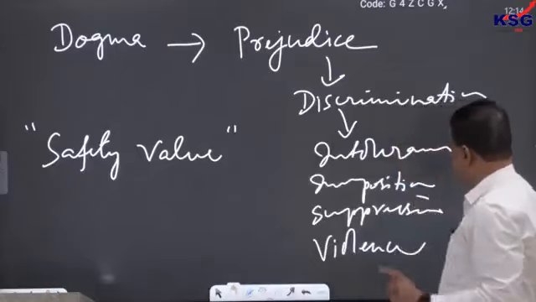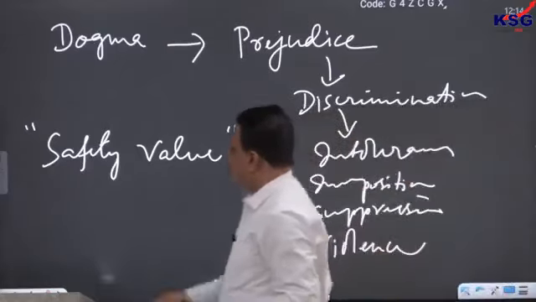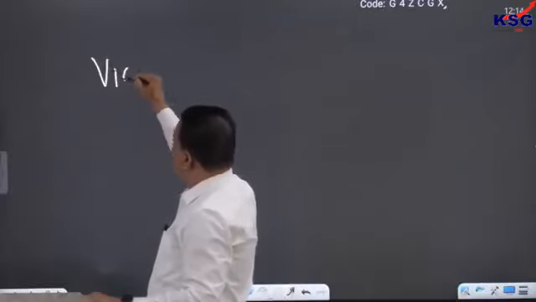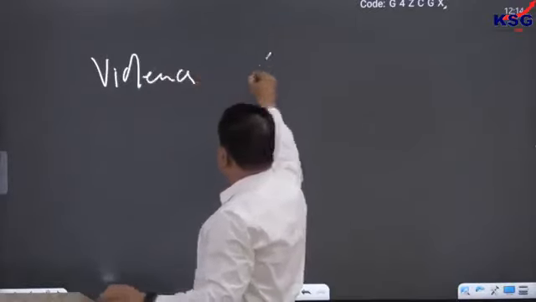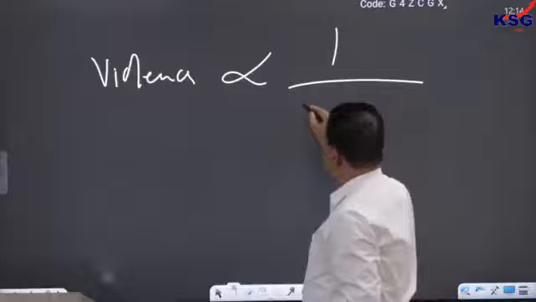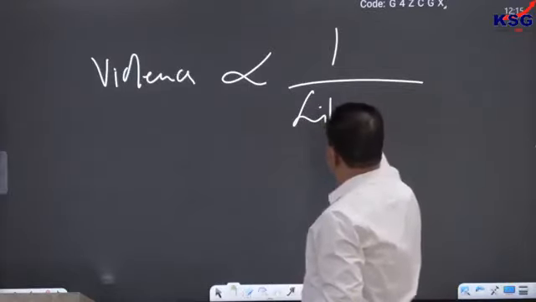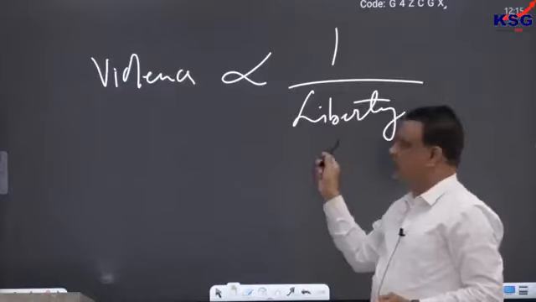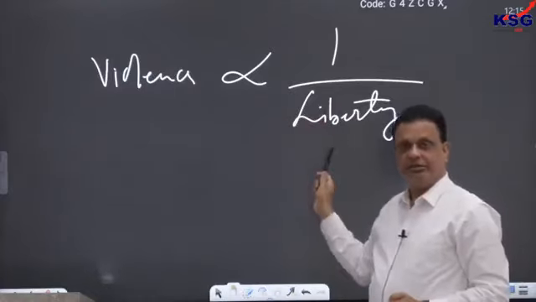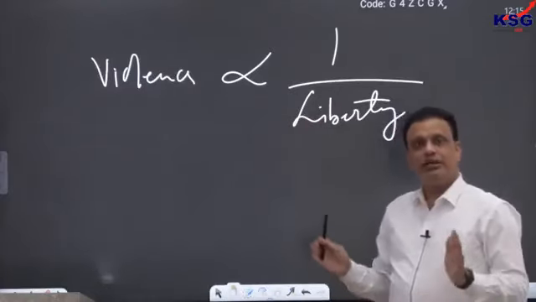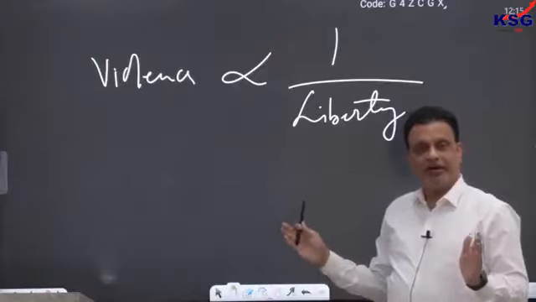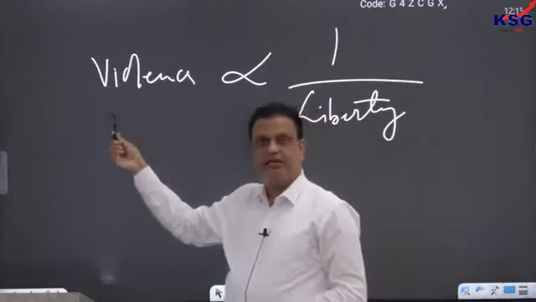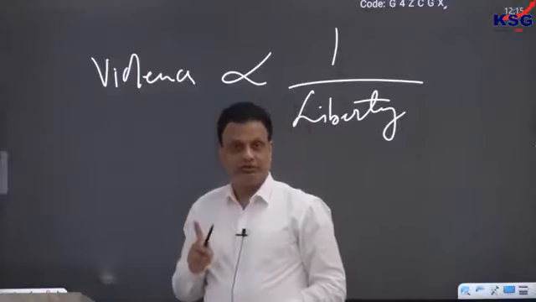So in a way, what he is saying here is that in any society, another important correlation we can draw now, the amount of violence in society will be inversely proportional to the liberty that we have. So in any society, the more the liberty, the less the violence. If you suppress liberty, then sooner or later you are creating a condition for more and more violent revolution in the society. So if you want to reduce violence in society, respect the liberty of everyone.